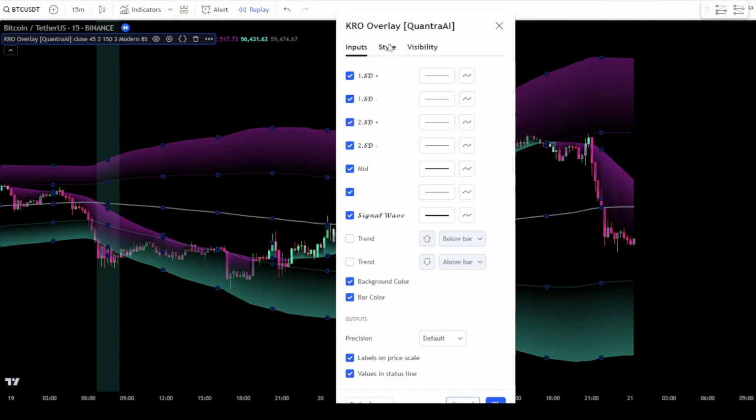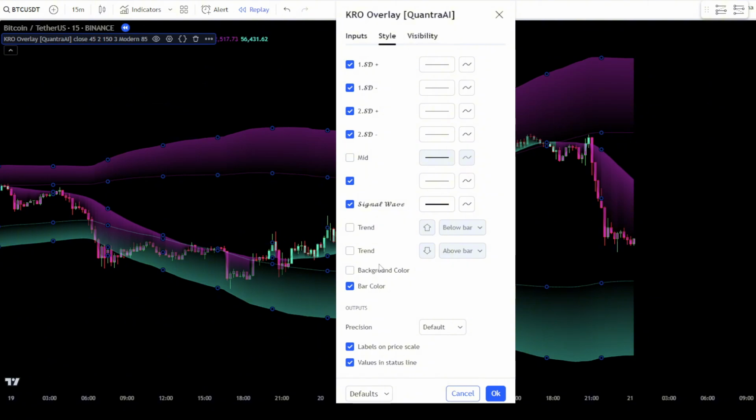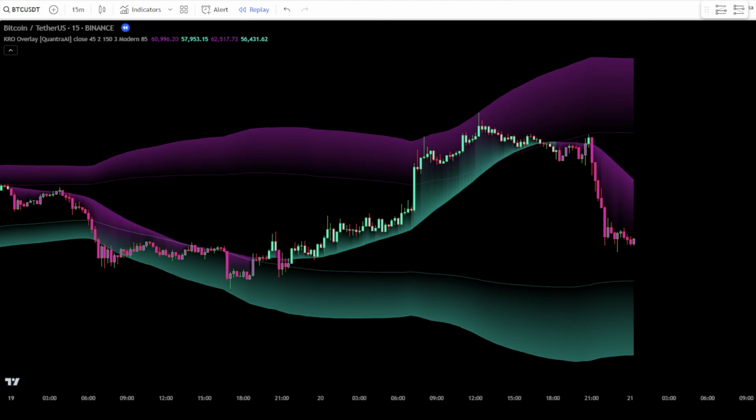Then, go to the Style tab. In the Style tab, uncheck the boxes for mid and background color. Once done, simply click OK to confirm the changes. This Triple Confirmation Kernel Regression Overlay indicator will be used as a trend guide and to identify oversold and overbought